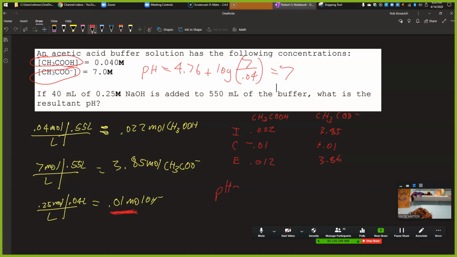Okay. 4.76 plus log of 3.86 divided by 0.012, close parentheses, equals, and we end up with